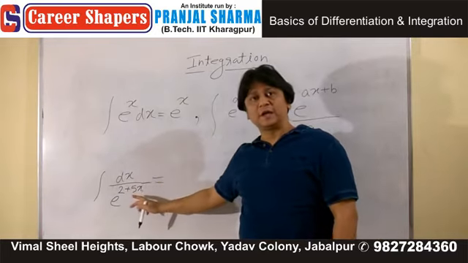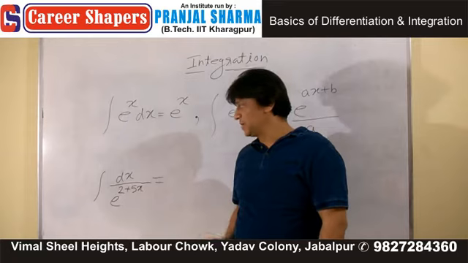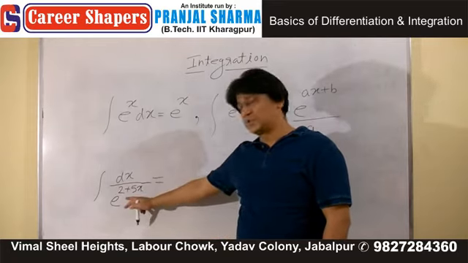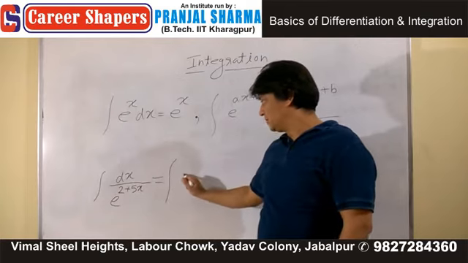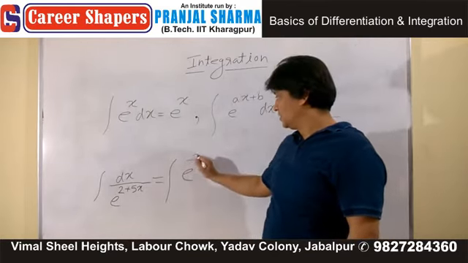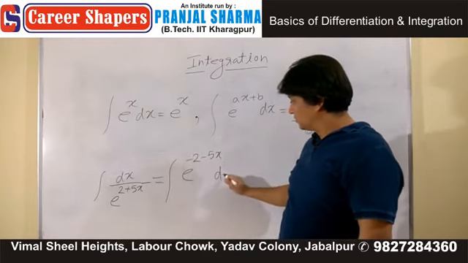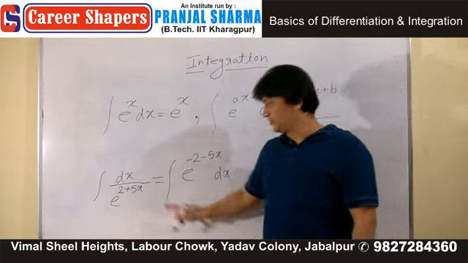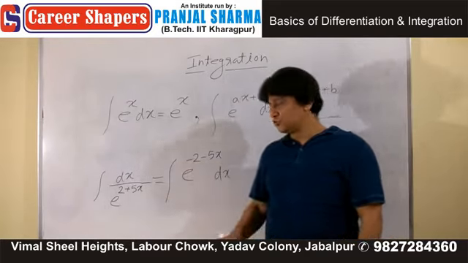Right now this is not e to the power ax plus b or a plus bx. You need to shift this thing from the denominator first. And once you shift it, it becomes e to the power... This is the first step. Shift it from the denominator into the numerator. Now, once you have shifted,